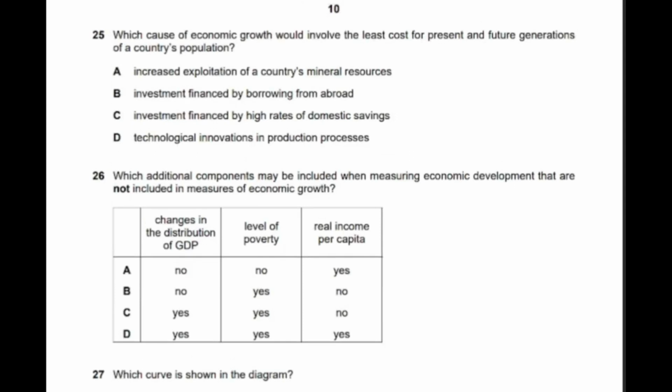Okay, so question 25 says which cause of economic growth would involve the least cost for present and future generations of the country's population. So the correct answer is D, technological innovations in production process. Definitely if you are improving your technology, then you will be able to produce more with fewer resources, so more resources may be available for